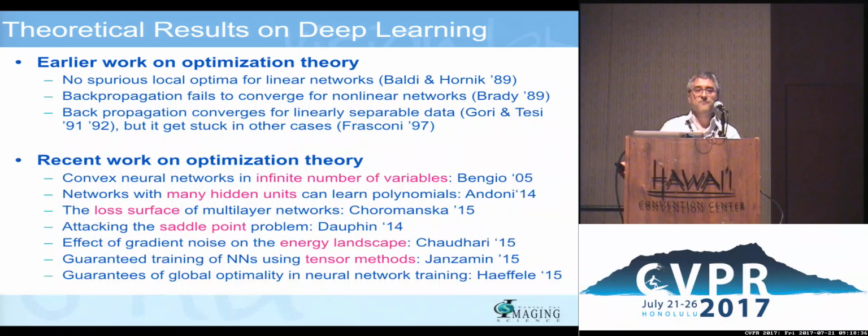And so that phenomenon has been extrapolated to some classes of deep networks via simulation, and people are starting to observe that maybe the landscape is not so bad as we thought it was, maybe local minima disappear, and particularly so when the networks are large. So why is this the case? And we will see some of that today as well.